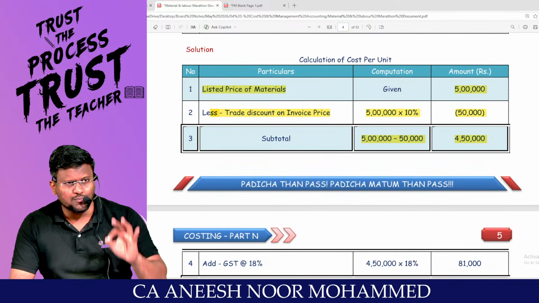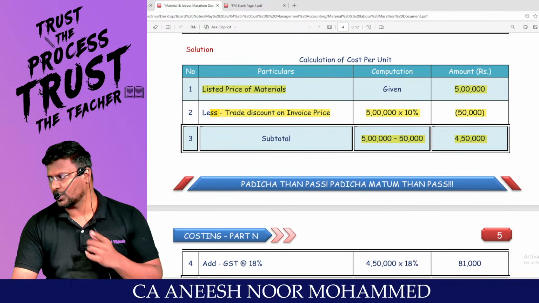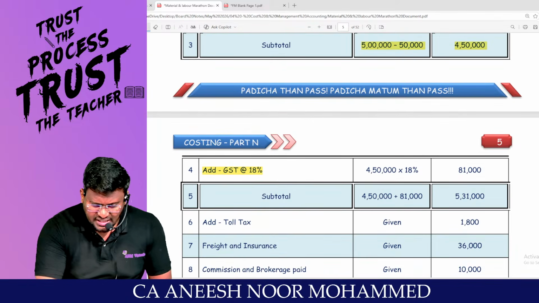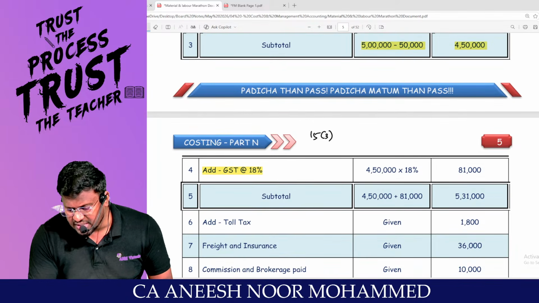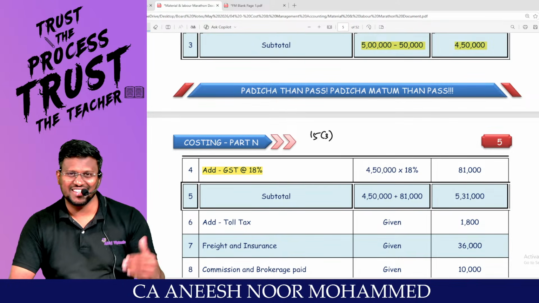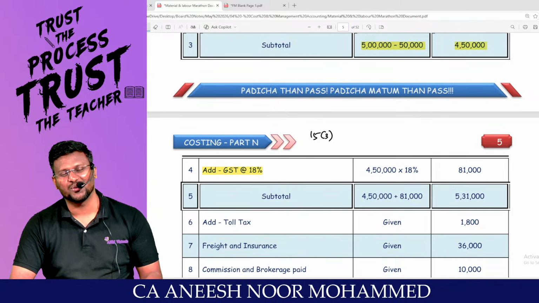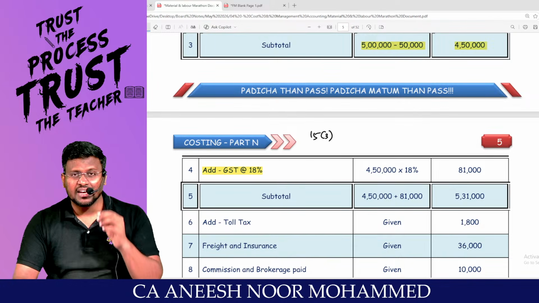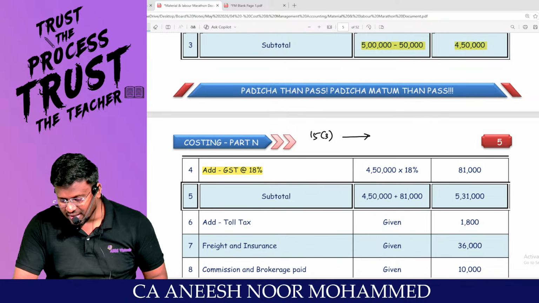So the balance 4 lakh 50,000 only we are going to pay to the supplier. Able to appreciate? So as per section 15 subsection 3 of the CGST Act. Sir, is this costing or GST? There are GST implications. What can I do? So as per section 15 subsection 3 of the CGST Act, if the discount, sir, is